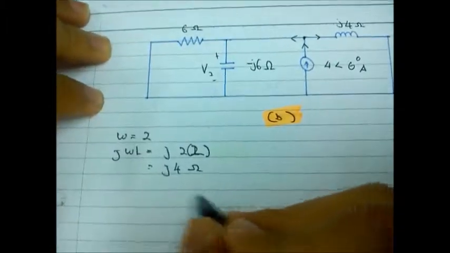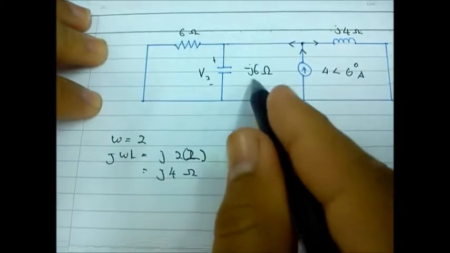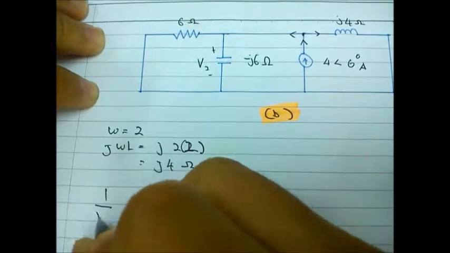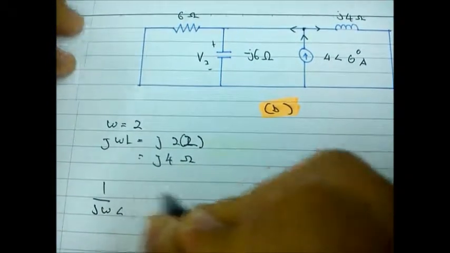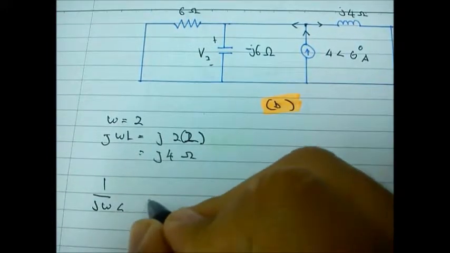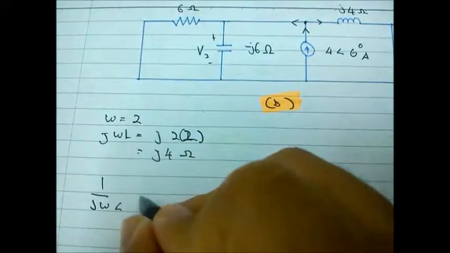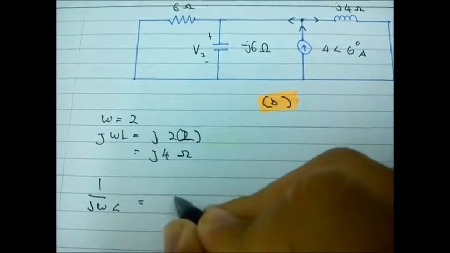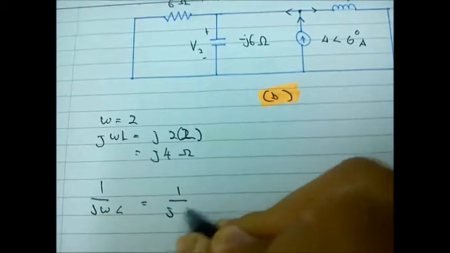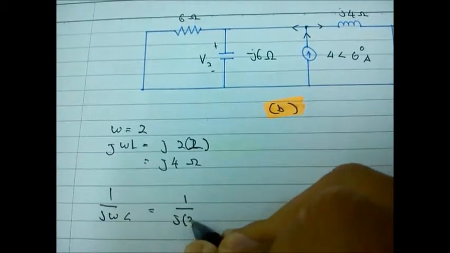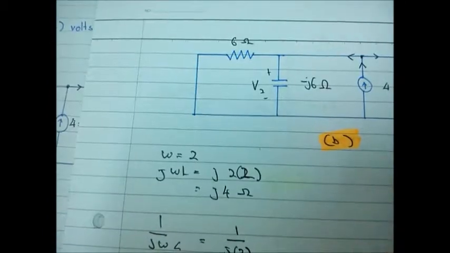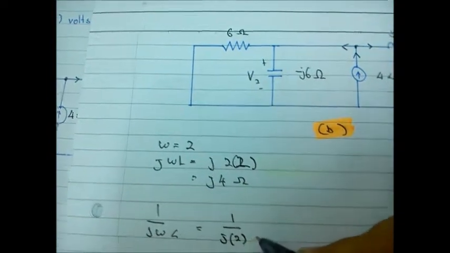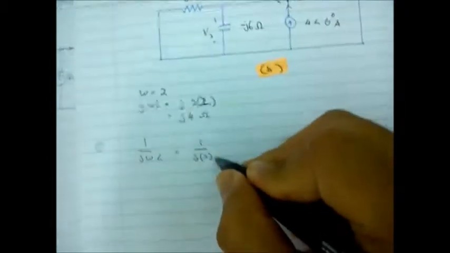For the capacitor we get it by using the formula 1 over j omega C, and then just substitute the value: 1 over j, omega is 2, and for the capacitor,